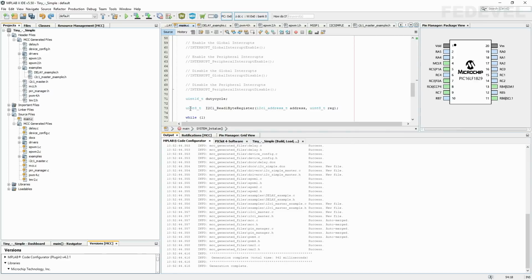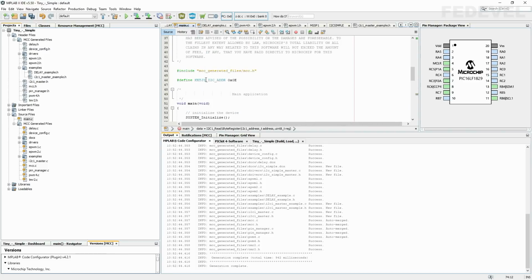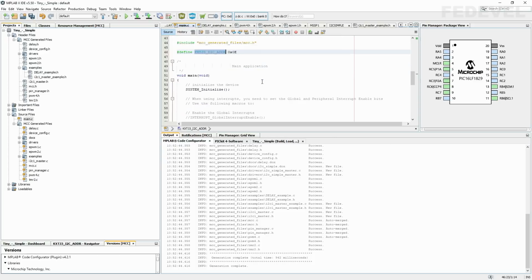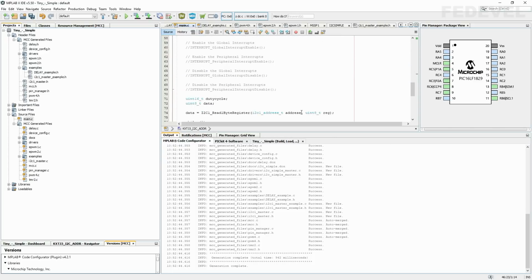So first I'm going to create a new variable, Ctrl+C, Ctrl+V. I'm going to call it data, and the result of this function is going to be assigned to this new variable like this. Now go up, copy the address of our device.